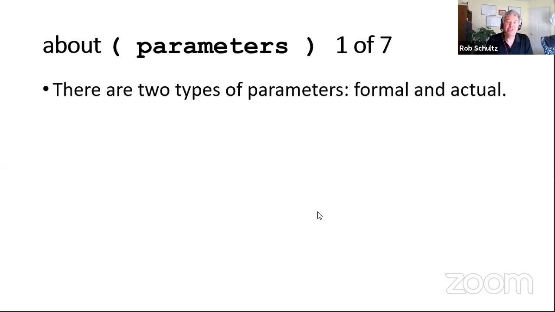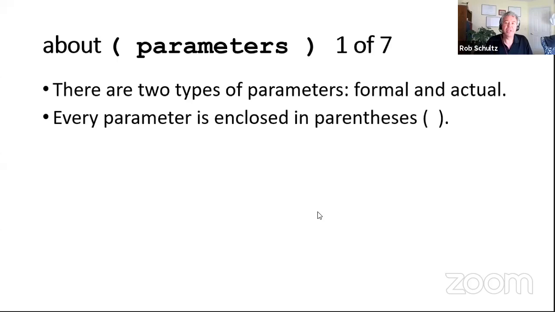As we talk about parameters, there are 2 types of parameters. And I think this was one of our topics that we looked at during maybe our first week. I don't know. We've been doing this long enough now that seems like forever ago. But there are 2 different types of parameters. We talked about the fact that we have a client object and we have a server object, and the client object is what tells the server object what to do.